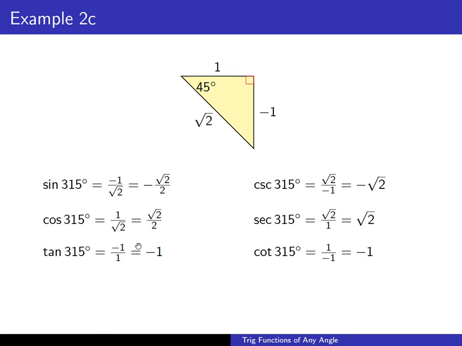All right, so that about does it for this video. In the next one, we're going to take a look at some 30, 60, 90 triangles in the coordinate plane. So I will see